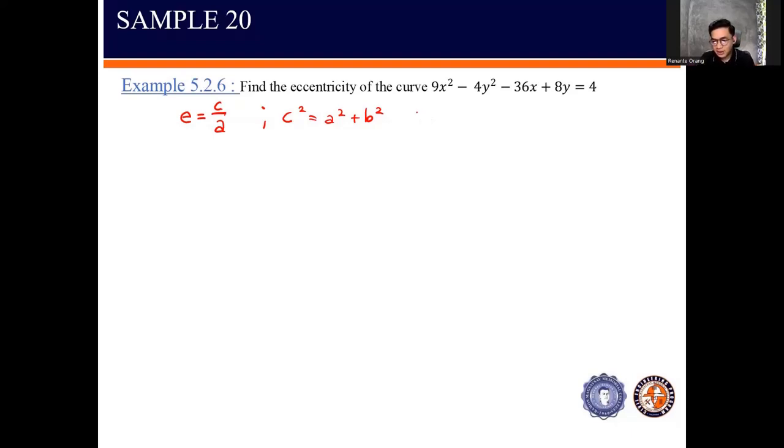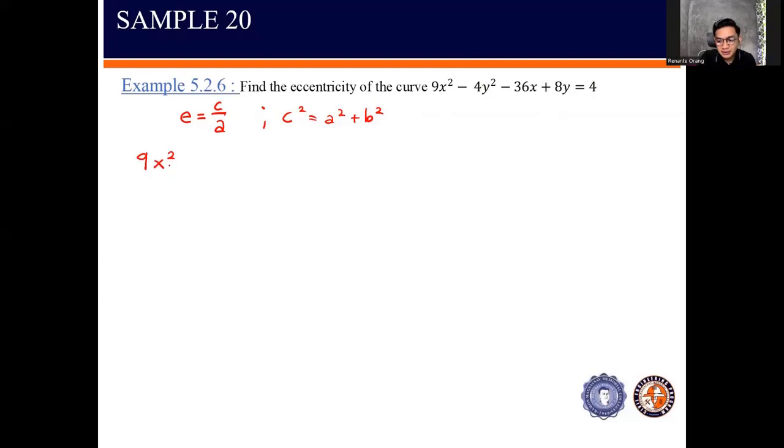So therefore, all we need to do is to find the value of our A and our B in order for us to get for our C, then substitute natin lahat. So again, for this one, this is a general formula. All we need to do is to make this one as a standard formula. So, gagamitan natin ng completing the square. So, ang gagawin natin is to idikit natin, kumbaga,